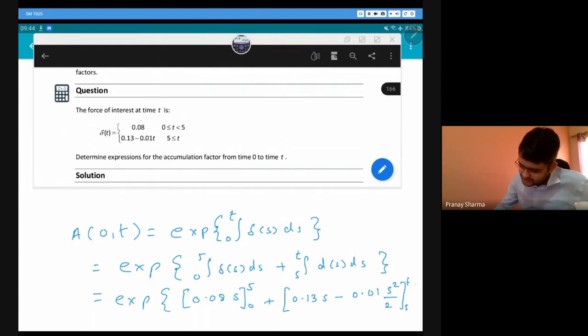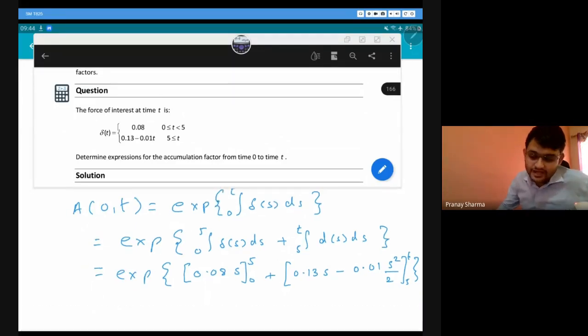Now this is the reason I do not use t that is given in our delta t. Why did I convert it into delta s? Because after integration, here t is a constant. Here s is a variable. So if I use the same values, it can get very confusing. That is why I use different values.